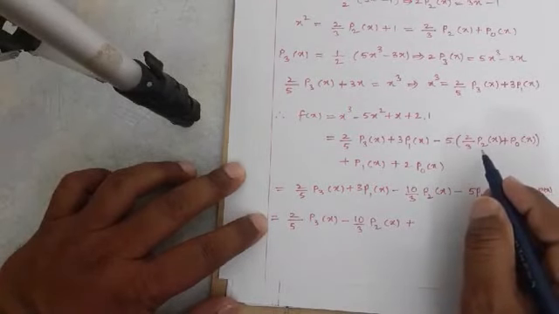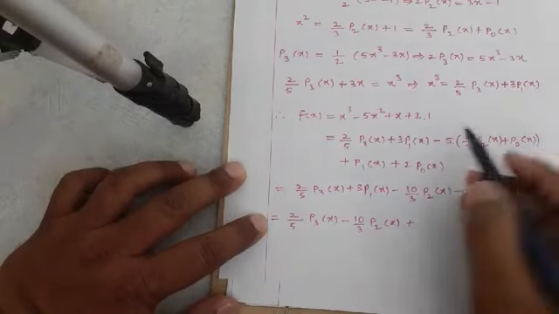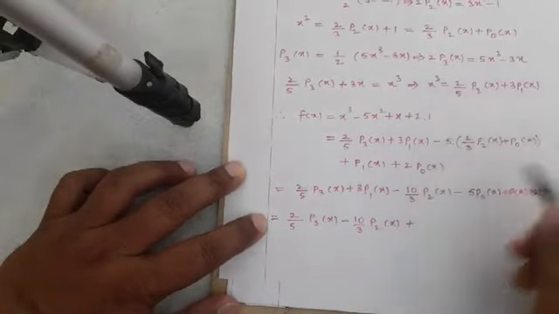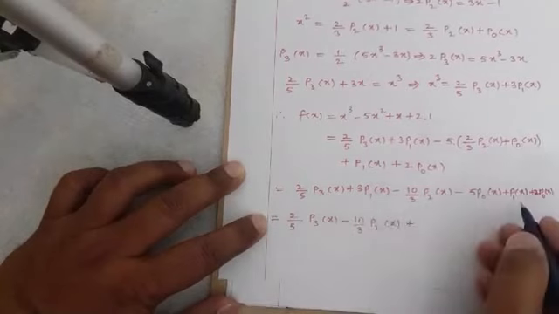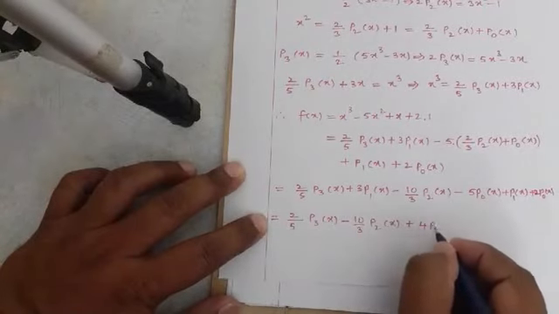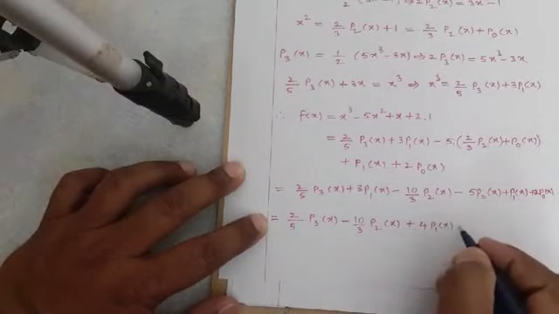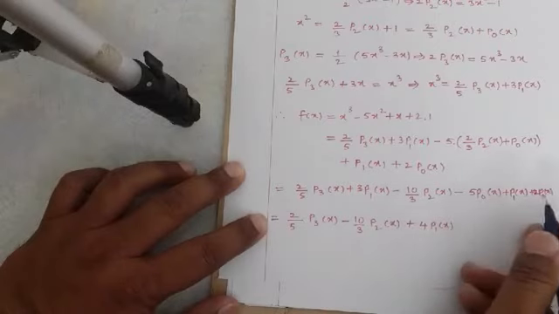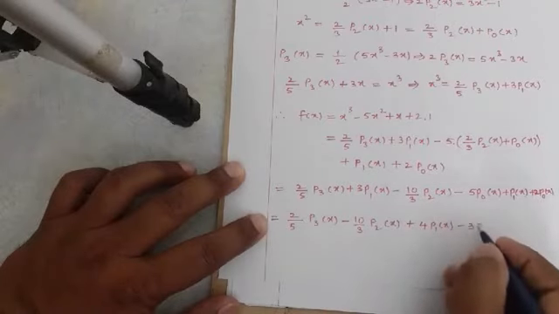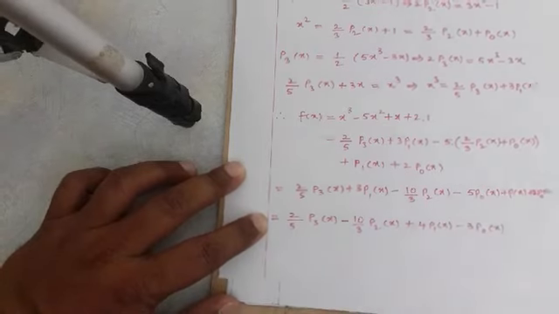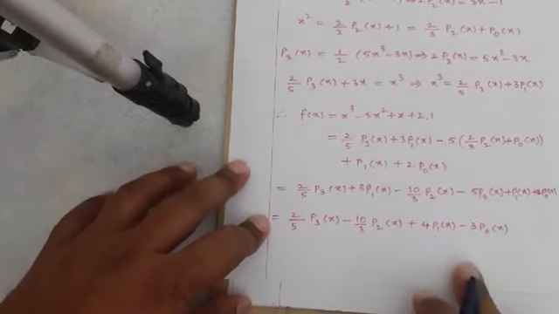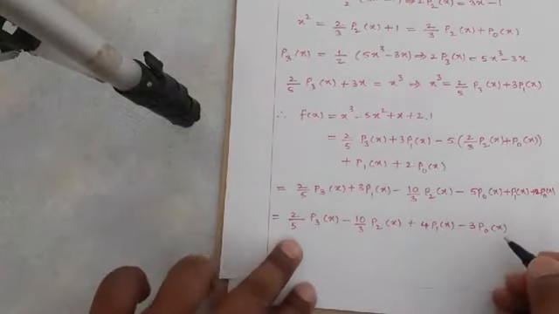Here in the place of x square it is okay. In the place of p0, yes. So 3 p1 of x plus p1 of x, that is 4 p1 of x. Next p0. How many p0 we have? Minus 5 p0 of x plus 2 p0 of x, that is minus 3 p0 of x. So this will be the answer we get here. This is the answer